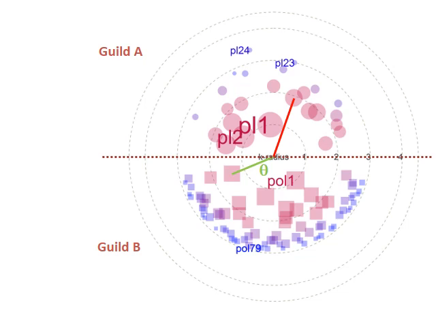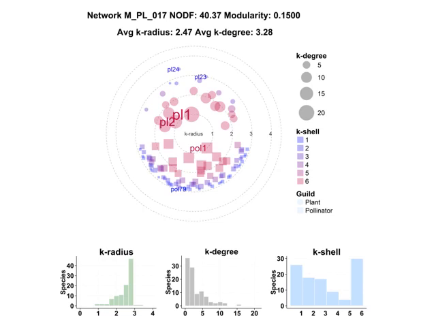All nodes are depicted. As the network is bipartite, we split the plane in two. Node shapes underline this separation. The center of the node is located at its K radius from the center. Innermost nodes are the most central ones. Angle is assigned by the algorithm to reduce node overlapping. Size is proportional to the K degree. You may choose to depict node labels of the most and least central nodes. Finally, to enrich the plot, 3 histograms are added below, with the distribution of the K magnitudes.